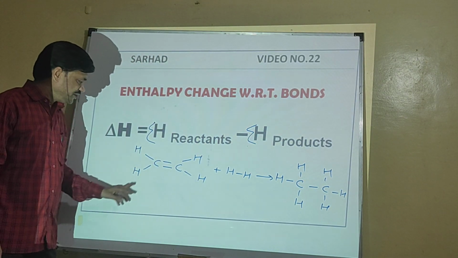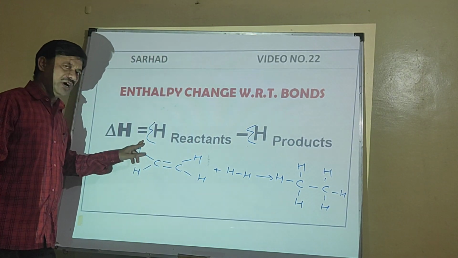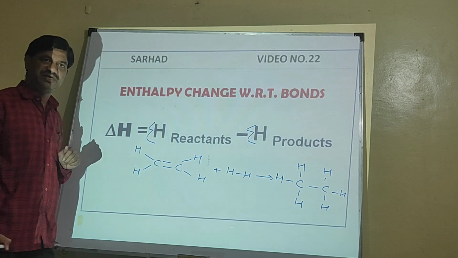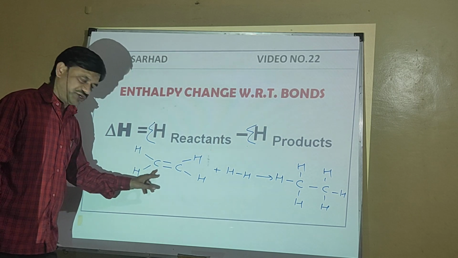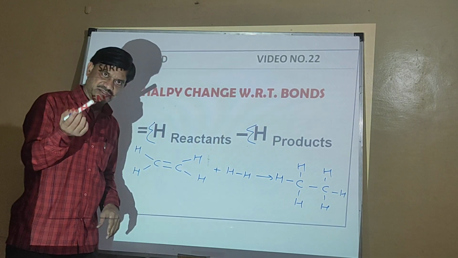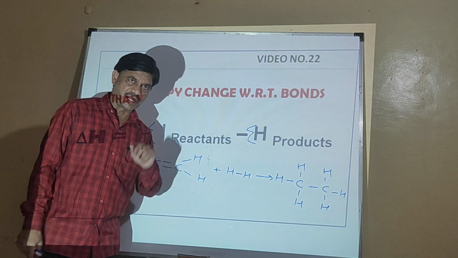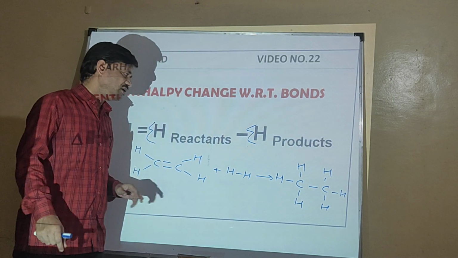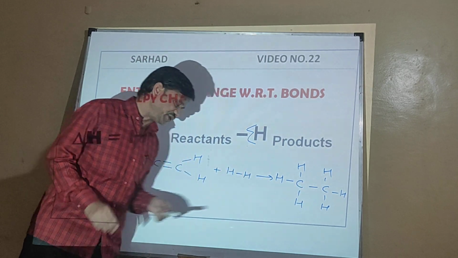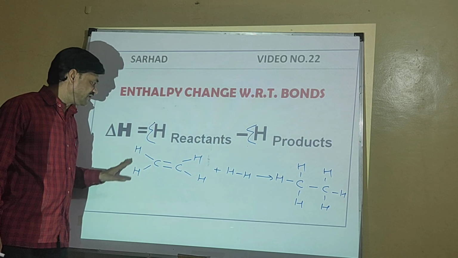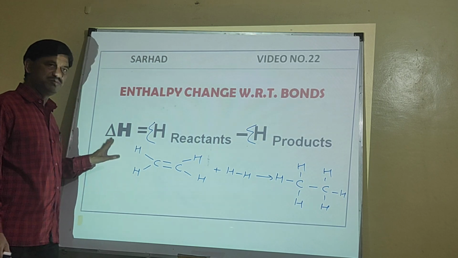So tell me, in this case, ethene and H2 become our reactants. Ethane is our product. So how many bonds and what types of bonds are present in the reactants? In case of ethene, there are 4 C-H bonds and 1 C double bond C. In case of H2, 1 single bond between the 2 hydrogen atoms. And what about the product? There are 2 types of bonds: carbon-carbon single bond and carbon-hydrogen bonds. How many such bonds are there? 1, 2, 3, 4, 5 and 6. So whenever we are dealing with a particular reaction, in order to find del H, whenever there is breaking and making of bonds, try to remember this relation.